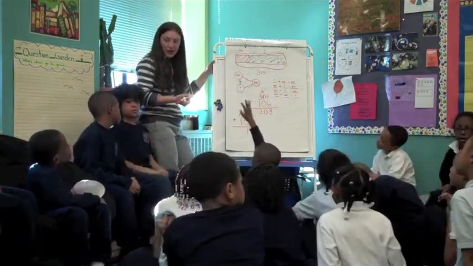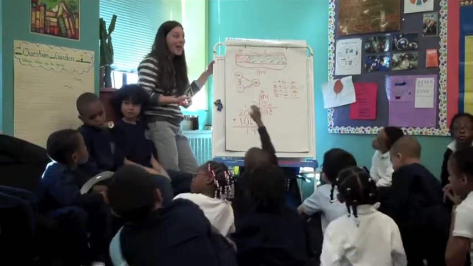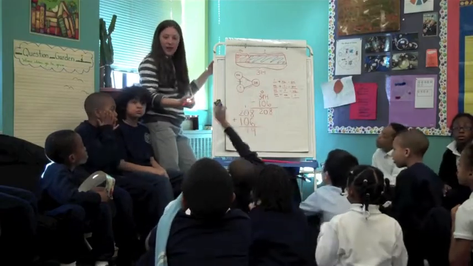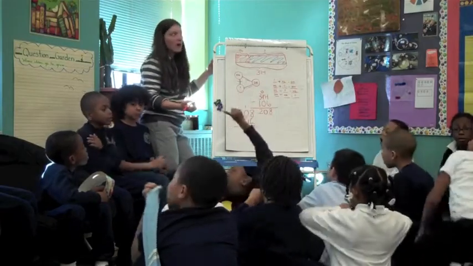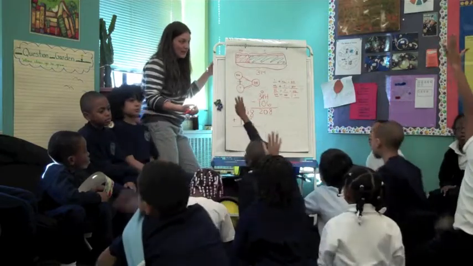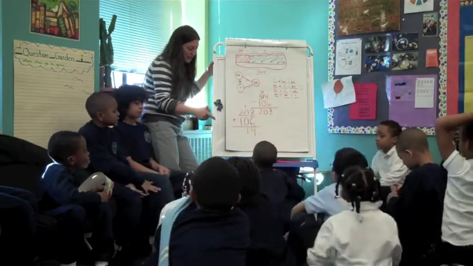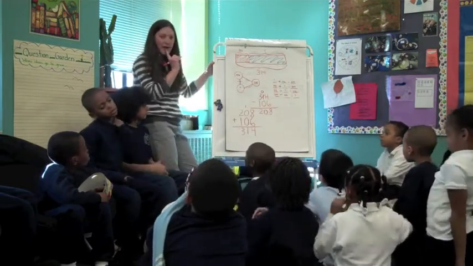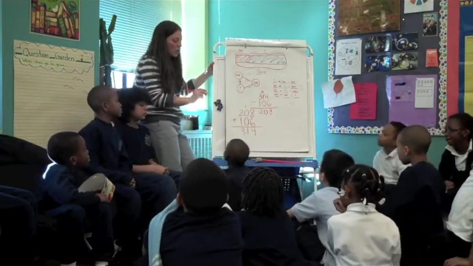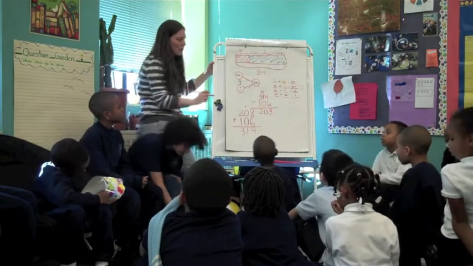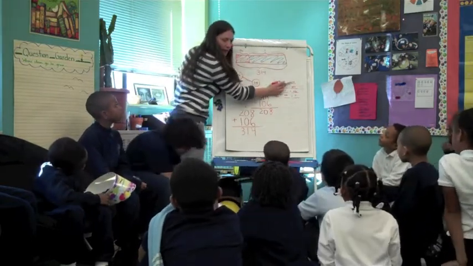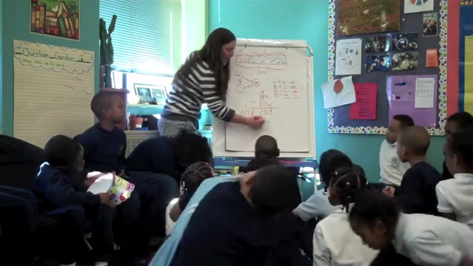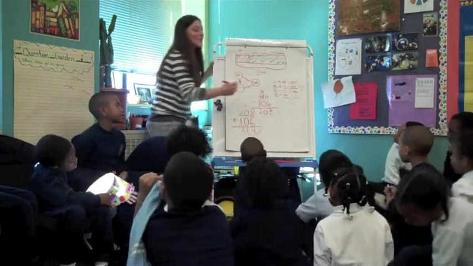Look at the hundreds. Add the hundreds. 2 hundreds plus 1 hundred equals 300. Well, wait a minute. I said if we were correct, the answer would be 314. Check. So far,